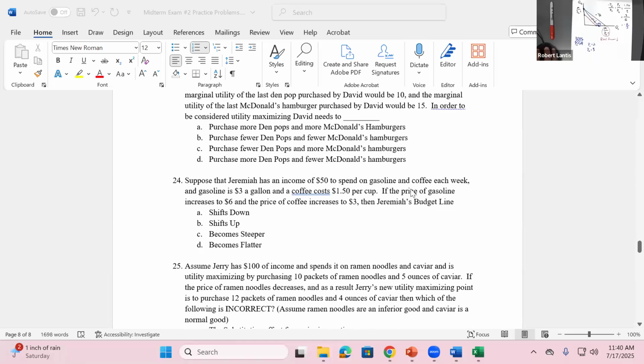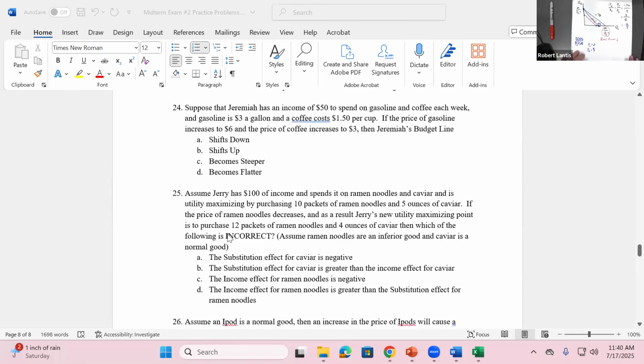All right. So that one was what? It just shifts down. Okay. Has the same slope. So what if instead, and I can guarantee you'll see a problem like this, I give you two goods, and now we want to decompose the total effect of a price change in one good into the substitution and income effect. So we want to decompose them